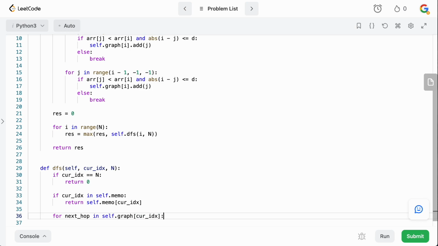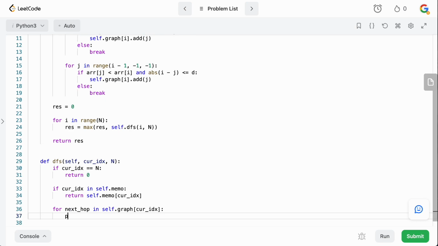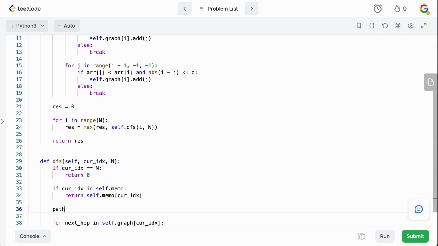So remember, the graph contains for our current index all the possible places we can go. We want to now try all those hops. So we're going to say that, oops, sorry, I forgot to create a variable here. And then we need a variable to basically keep track of our path length. So obviously path length is going to be 1. In the case that we can't actually go anywhere, we just stay where we are, and that's considered a path